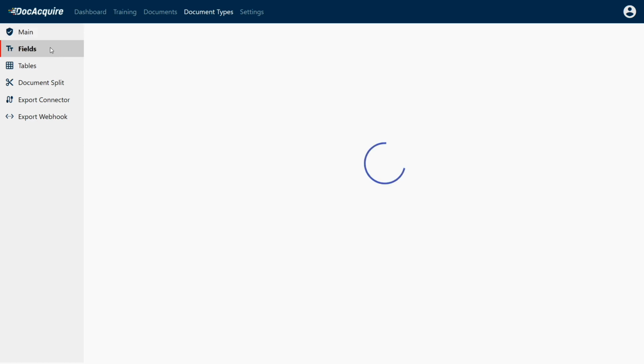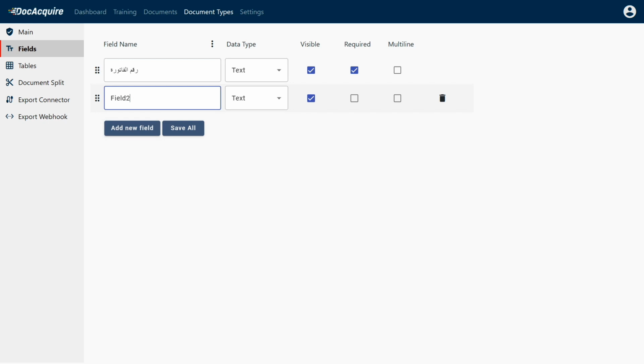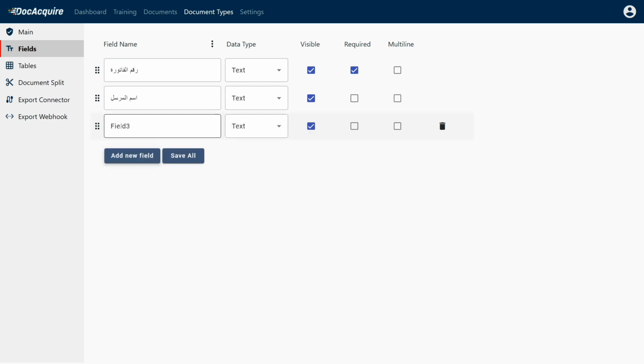Next, we define the fields we want to extract. The field name should be clear and specific to help AI understand what data to capture. For example, if you want an invoice number, name the field invoice number. This ensures that AI correctly identifies this entity. Additionally, you can add a field such as sender's name, who the invoice is sent to,